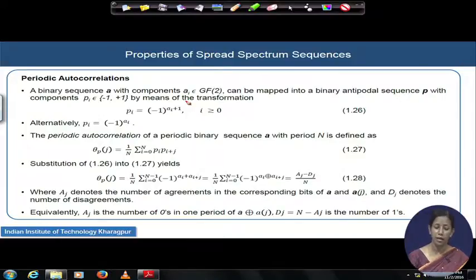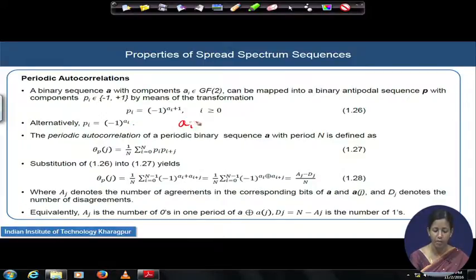Let us map that 0 and 1 into a binary antipodal sequence P in such a way that for 0 we get -1 and for 1 we get +1. Mathematically, I can generate every component pi by taking (-1) to the power ai plus 1, or you can write pi equal to (-1) to the power ai. We can give a proof. See, ai can have two values, right? If ai is equal to 0,